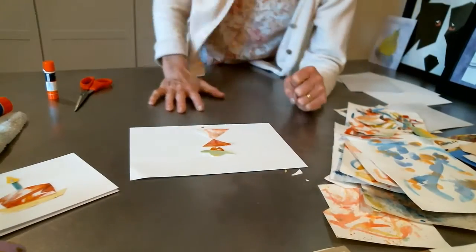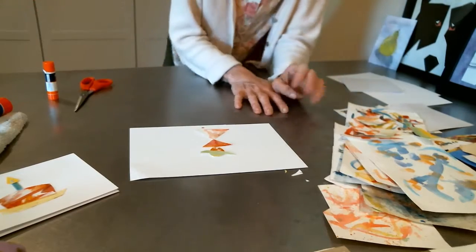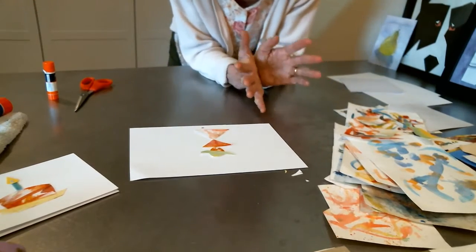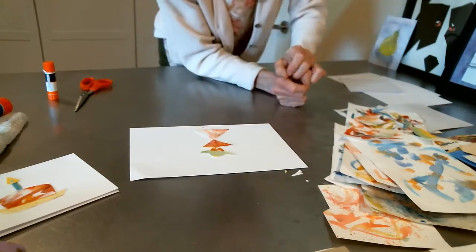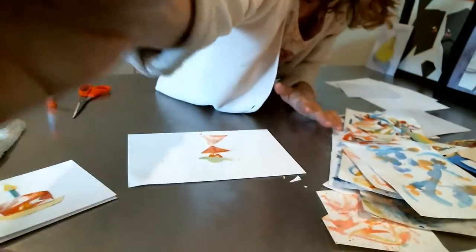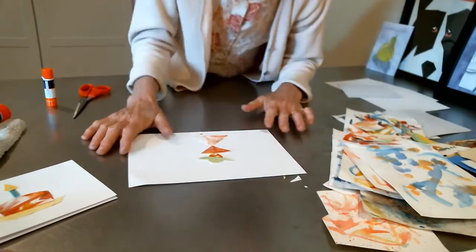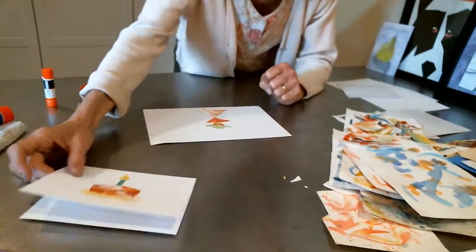So what you'll need are scissors, a glue stick. It's helpful to have a paper towel, a damp paper towel, or cloth because you get sticky with your glue. And so I want to make sure you can see that. So I decided to make a few shapes out of my